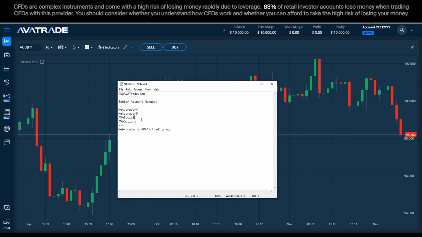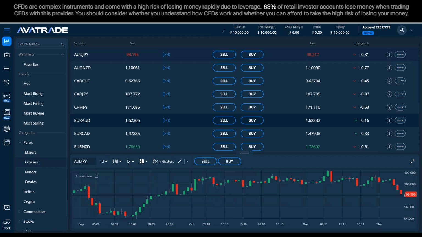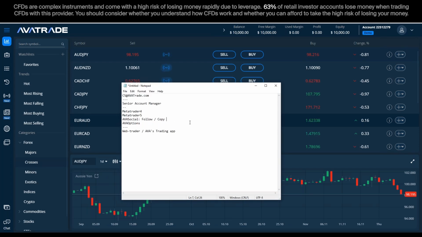One of the platforms that I would like to expand on a little bit is Ava Social, and the reason is that Ava Social allows you to use 2 main functions. By its nature, Ava Social is a social media platform, and what it does is let you pick another trader and either follow or copy them. When you're following another trader, you're simply going to get notifications with the positions that the trader is taking as a message,